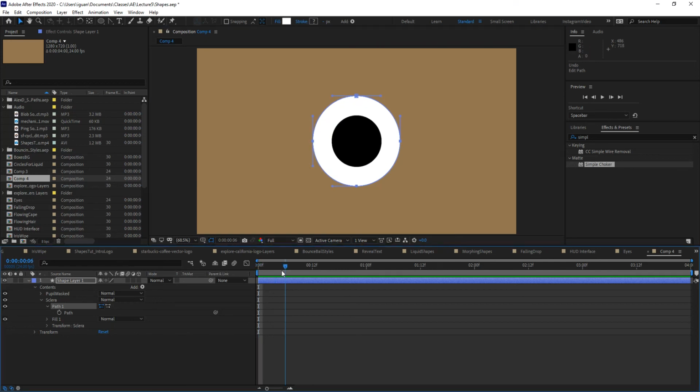So if I keep that position, that value like this for the path for the sclera, then I go select the key, put a keyframe in there,